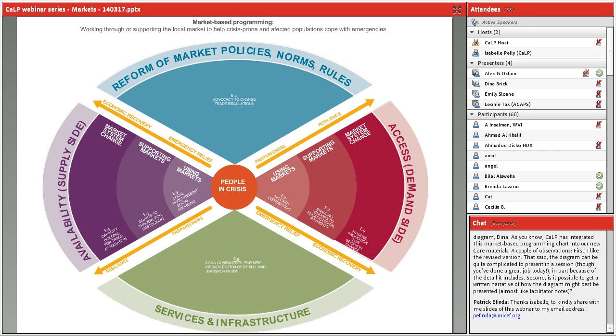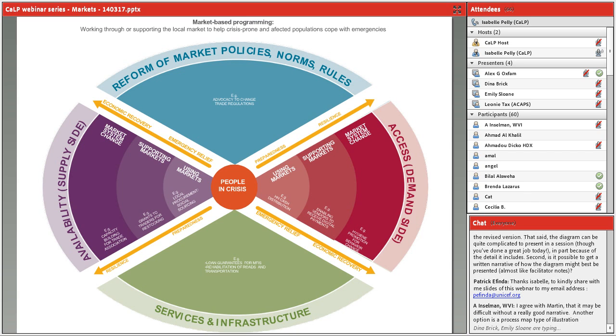I see a useful comment from Martin Pittman, our CaLP's Global Capacity Building Coordinator, saying that perhaps the diagram could be helpfully accompanied by some narrative so that we're all better equipped to talk colleagues through it. I think that would indeed be helpful. So I'll continue to monitor the chat box there,